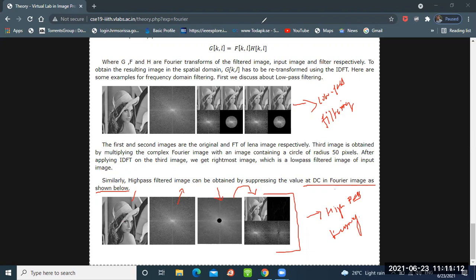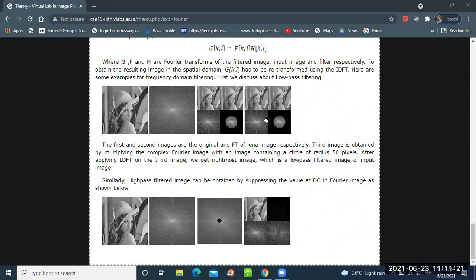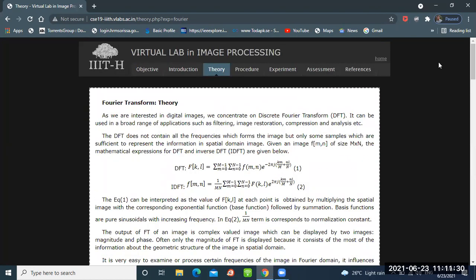Okay, so with this we have finished the theoretical part. As the time is also about to end, we have 2 minutes left, so let me recall what we have learned today. Basically we are performing an experiment. The main objective of the experiment is to find the Fourier transformation of a given image. Then we learned about the introduction part, where we discussed why we need a Fourier transformation. Then we discussed in detail the theoretical part, that is, the mathematical formulas for Fourier transformation and inverse Fourier transformation.